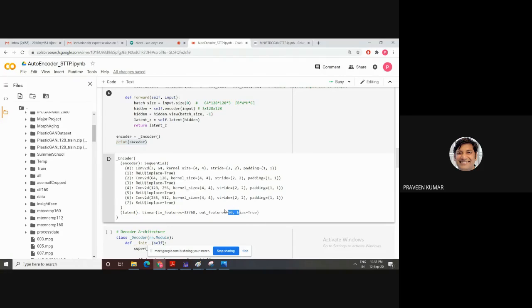If you're developing any model, you must be aware of this concept. If you are aware of it, you will never face difficulty related to dimensionality problems, mainly where dimensions do not match. If you are familiar with this concept, meaning how to calculate the size of a convolution layer and what the input to the decoder is, this way.